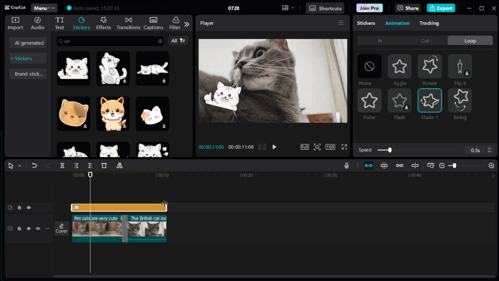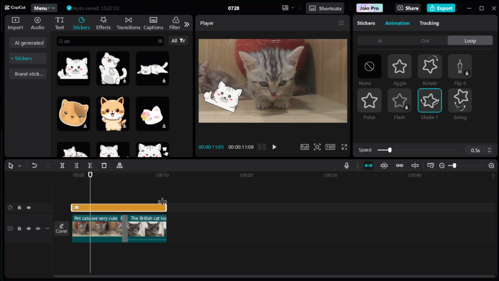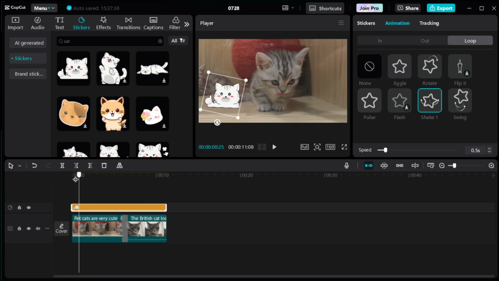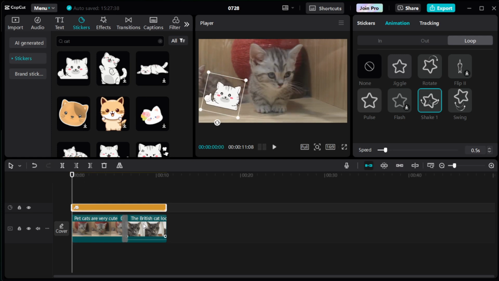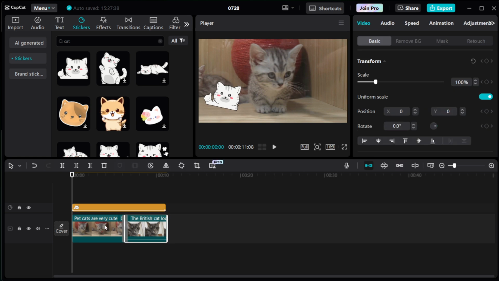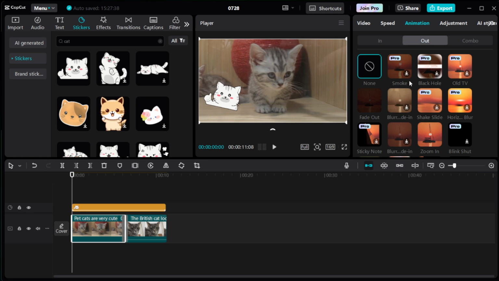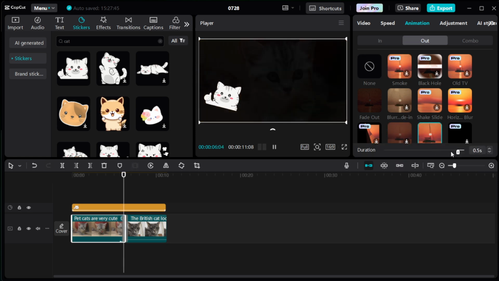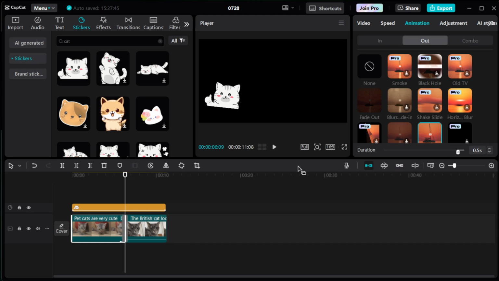Remember to adjust the volume so it complements the visuals rather than overpowering them. Lastly, to highlight those standout photos, consider applying zoom or pop animations. These animations draw extra attention by providing subtle movement and can be particularly effective on images that are especially cute or striking. You might want to use these effects sparingly, as too much movement can detract from the overall viewing